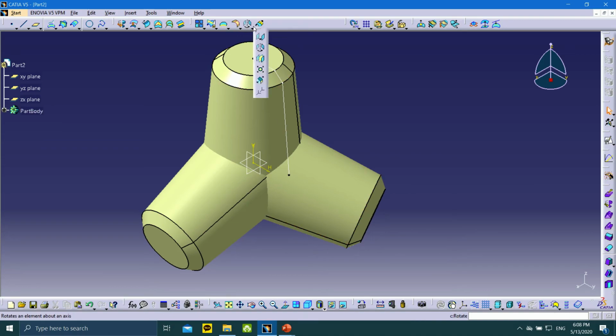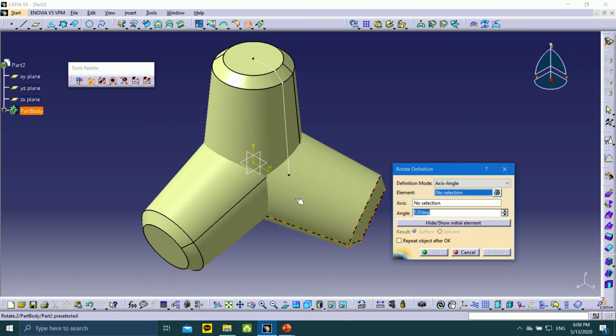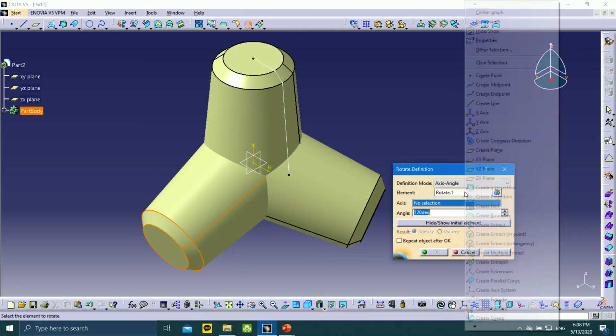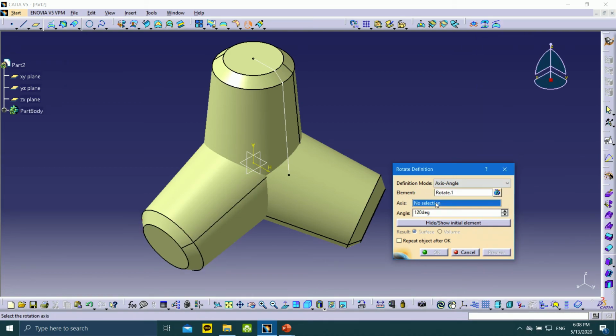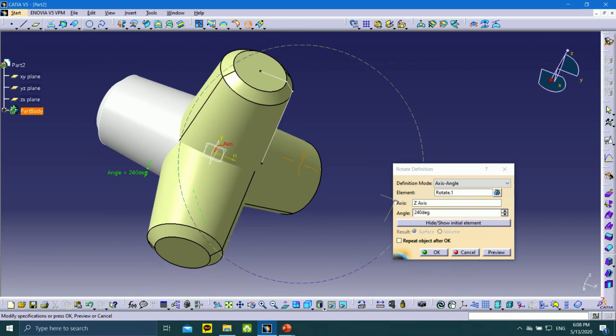and select another rotation. Click this icon. You can select this surface or this surface, it doesn't matter. In this case, I select this rotation. So you have to rotate 240 degree. If you select this surface, maybe the rotation angle 120 degree. Okay,